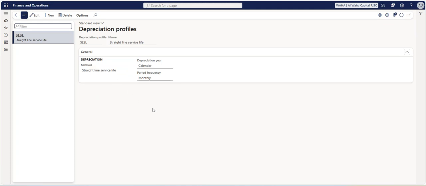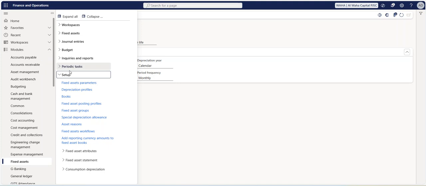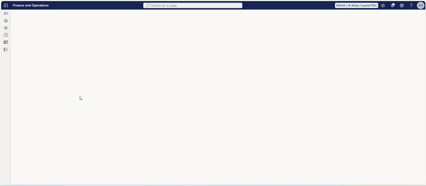Okay, so in this particular service life straight line, we are calculating on the calendar basis, I mean the physical calendar basis, and on monthly frequency we are calculating the depreciation. Okay, similarly we have books. So in books,